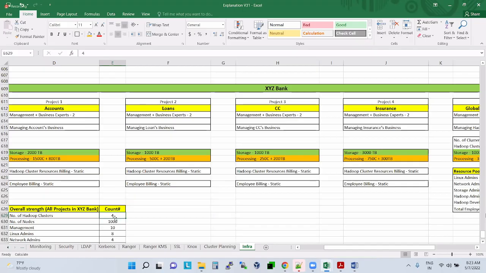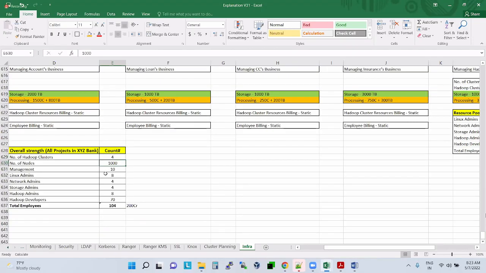Overall, it is a consolidated cluster, the number of nodes is the same, and these are all on-premises nodes, but management and employees are reduced.